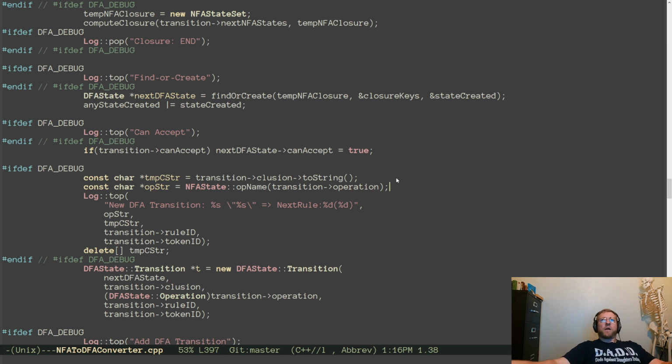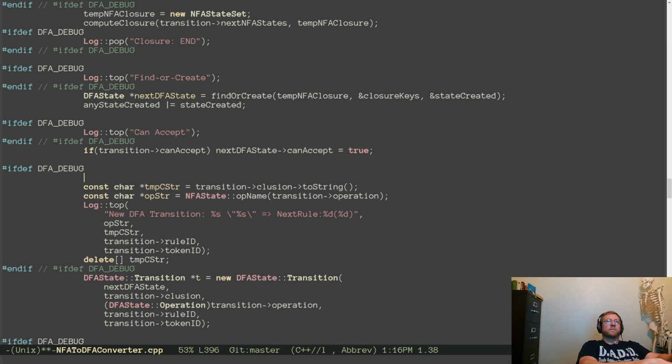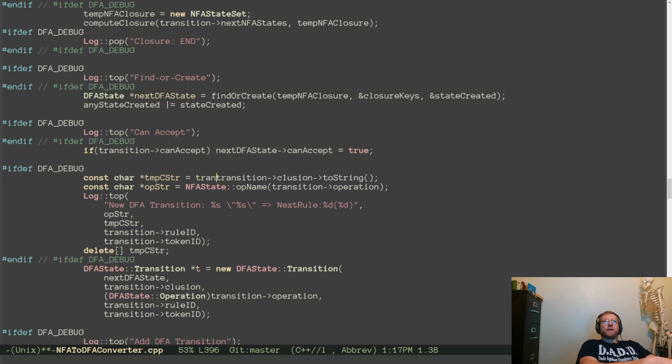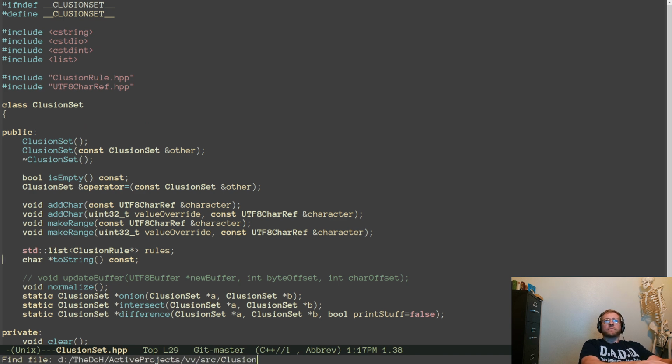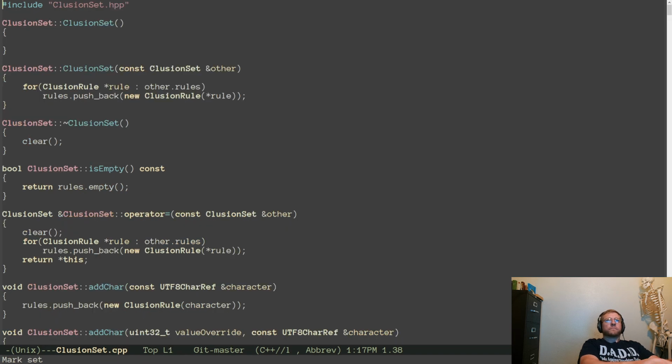Transition, inclusion, ToString. We have an inclusion set iterating over all of its stuff. Okay. ToString, okay.